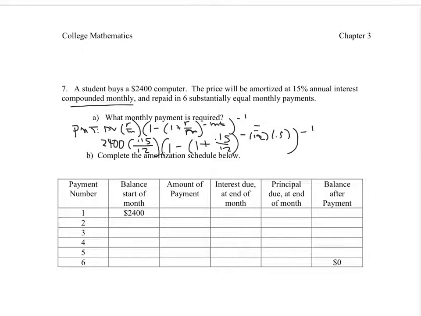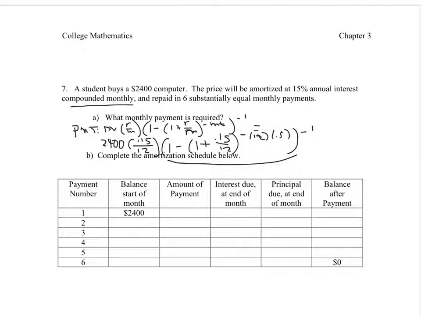And we have 0.92817. That number has to be subtracted from 1, which gives us 0.071825. Raise that to a negative 1, and we have now taken care of all of this. And I have